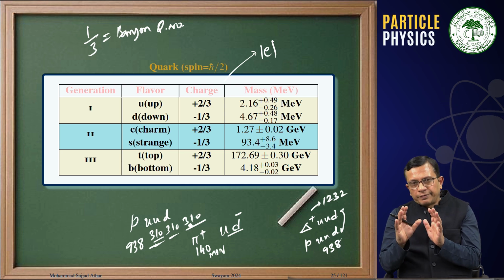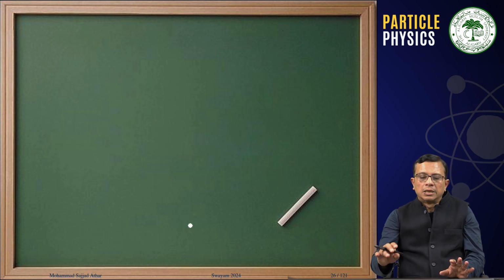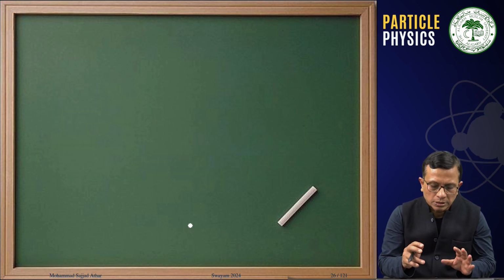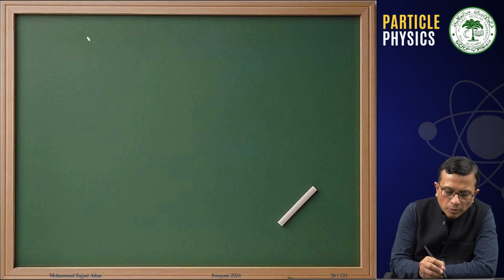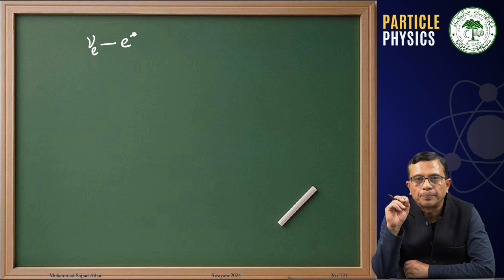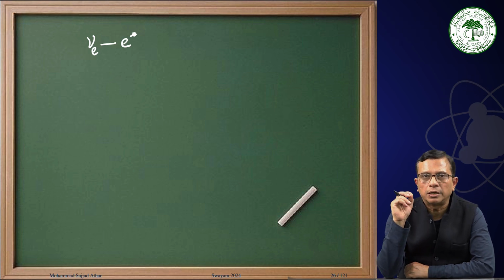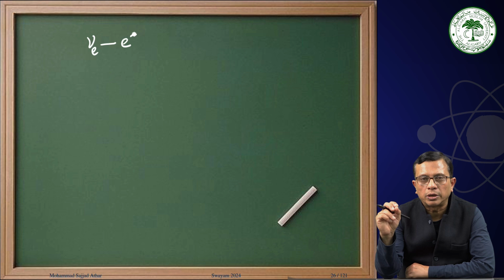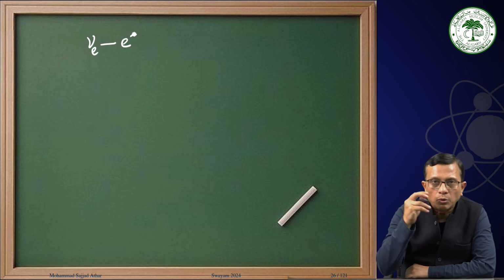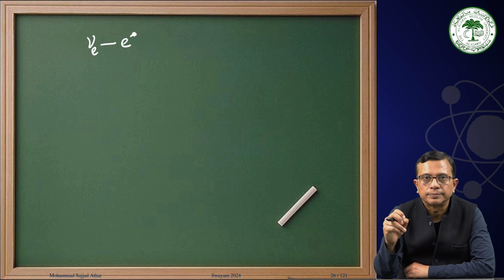Now, with this concept in mind, let us talk about first the interaction of leptons. Suppose I am talking about the interaction of a neutrino with an electron. Now, when we are talking about an interaction of neutrino with an electron, what will happen? How can this take place? The answer to that is